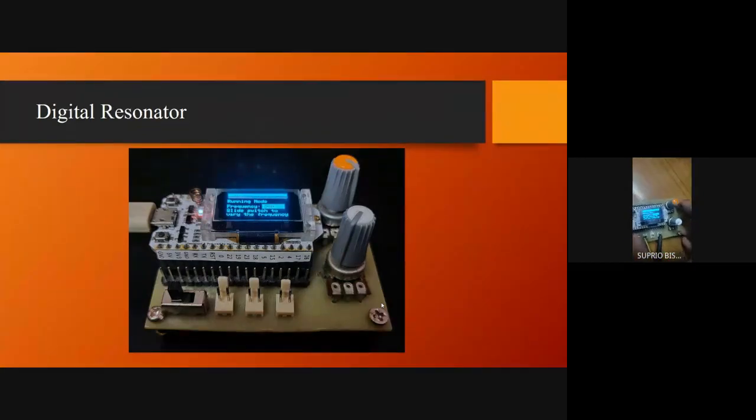This is a change button, and this is a potentiometer. This is for the fine adjustment, and this is for the coarse adjustment. It may not be visible, but now I have set it to a frequency of 1160 hertz, 1.1 kilohertz. Now I can observe the output. It is approximately 1.16 kilohertz.